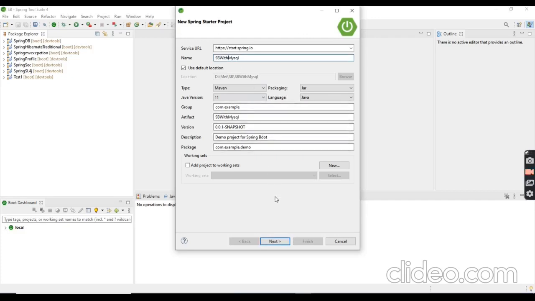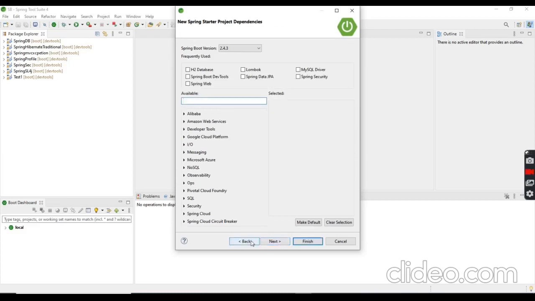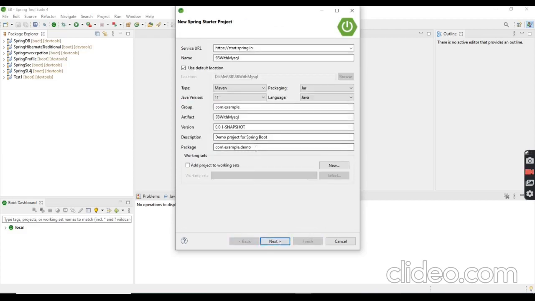Then click next. Okay. Let me change the package name. I want to change the package name as SP with MySQL.